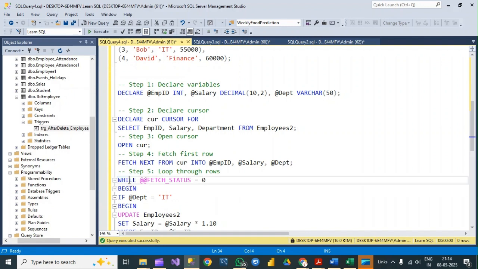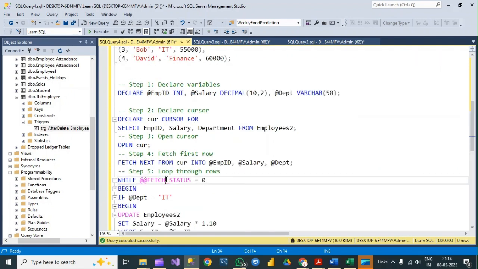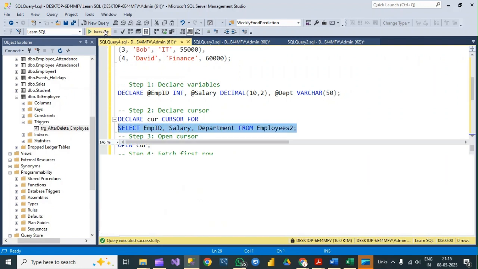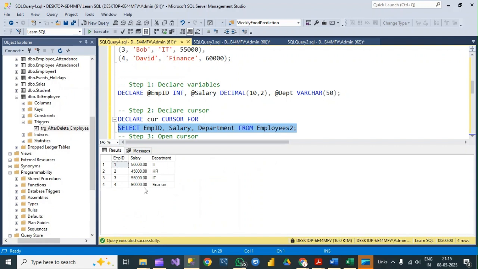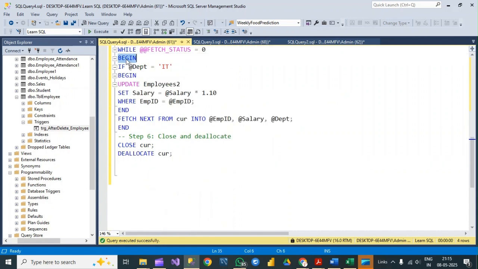This code basically says WHILE @@FETCH_STATUS equal to 0, and it will be incremented by 1. First of all, it will begin with if the department equals IT, so whatever data is fetched from this table. This is a select statement, so if I execute it, it will fetch all the data. After that it will fetch the next from the cursor into employee ID, salary, and department, starting from the 0th position, and in between that you BEGIN IF